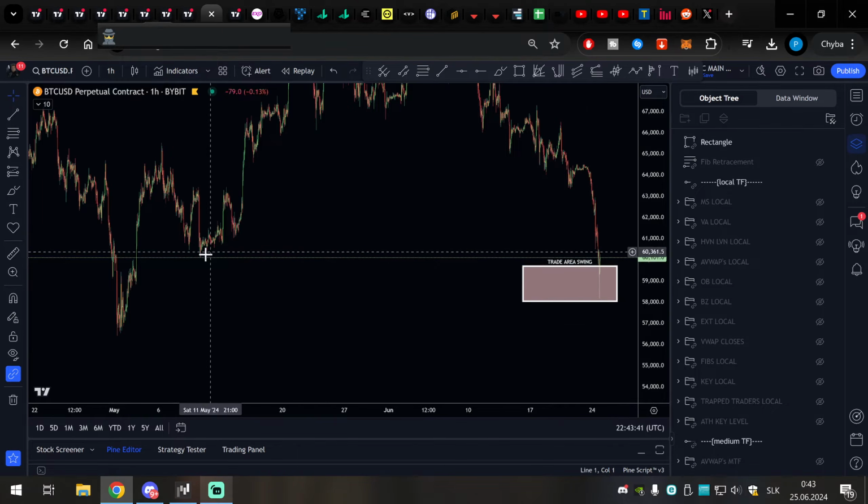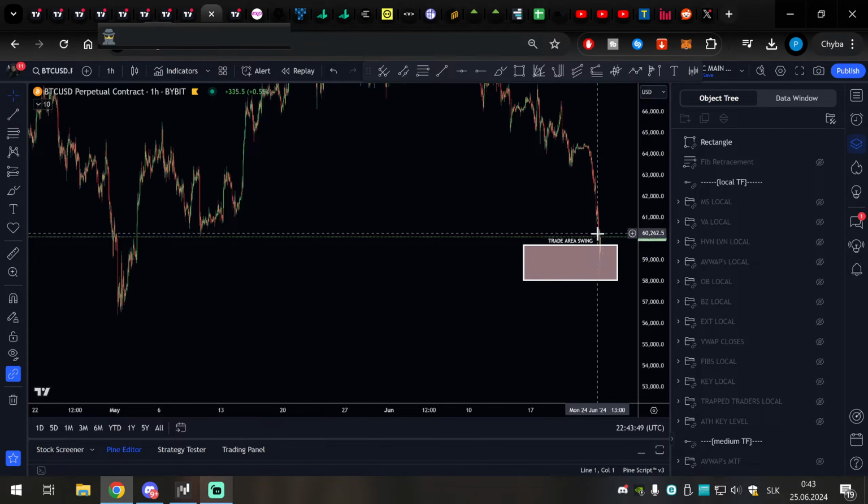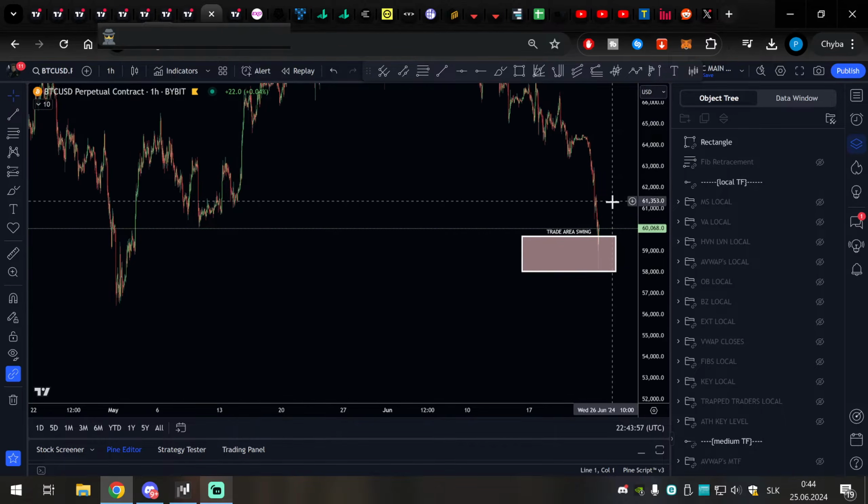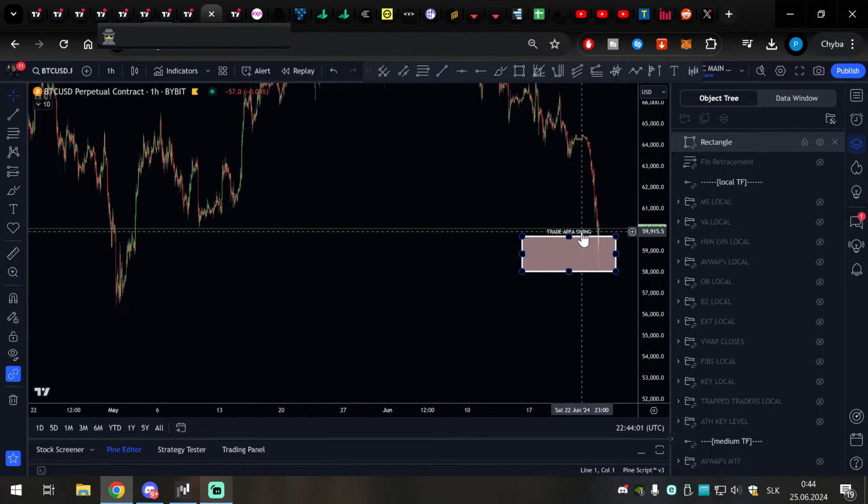I hit the targets when we were taking this low, so I was closing my long once this low was taken for the swing failure pattern. I wouldn't classify this as a premature take profit, because we in the end moved to the downside, but we see we are pushing to the upside now. We also hit the big trade area from the swing perspective.